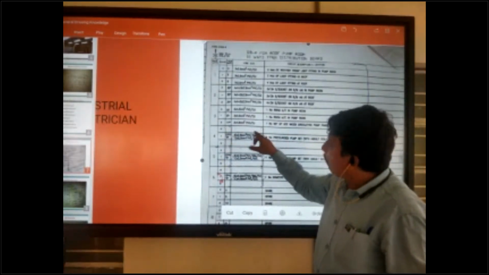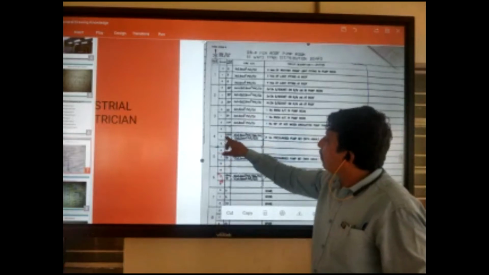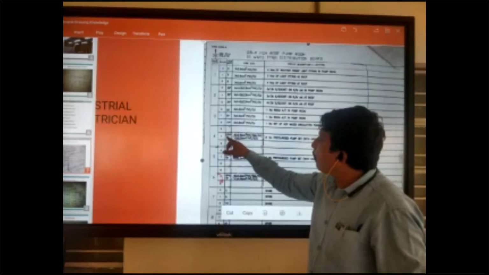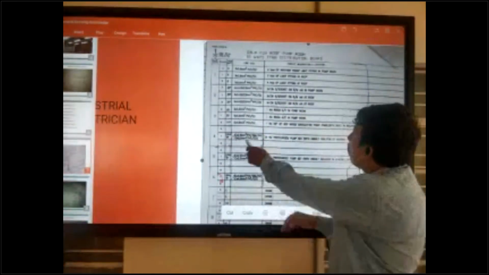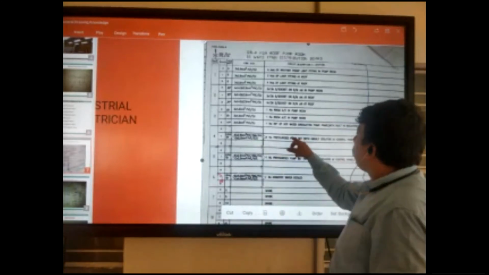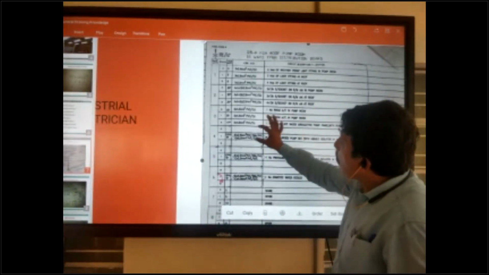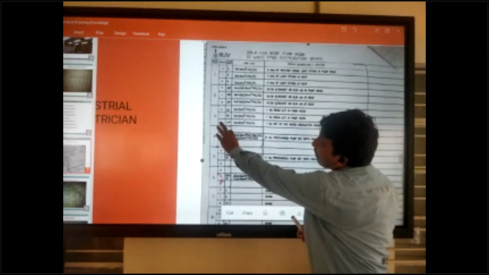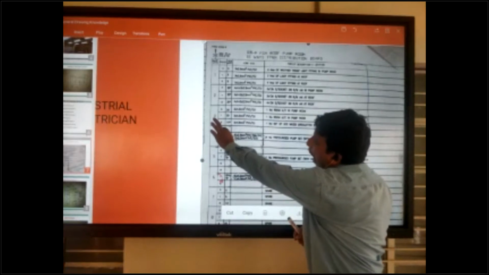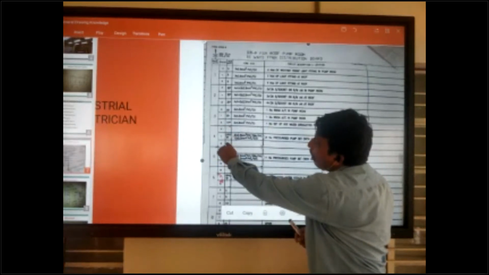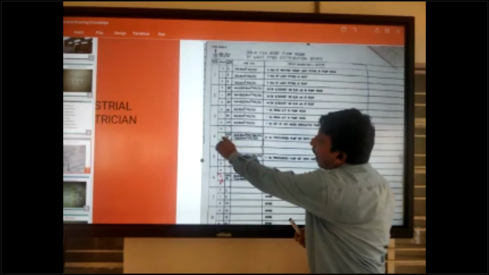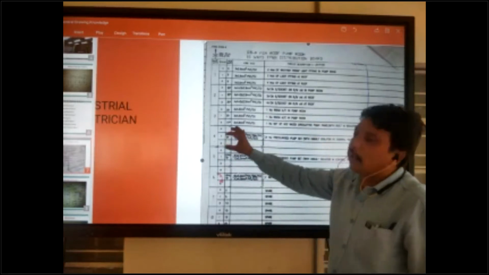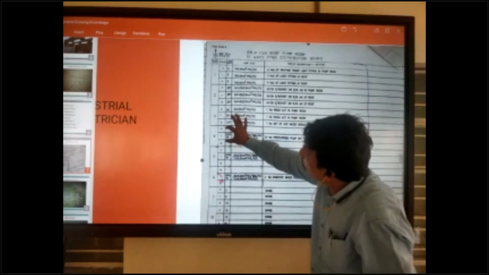R, nothing written. B, nothing written. Y, 10 ampere TP. TP means triple pole. I already told you, TP means triple pole or 3-phase. So your equipment load area has 3-phase equipment, so we can use 3-phase TP. If it is written only in the center, not in R phase, not in Y phase, not in blue phase, only in the center area in Y phase, that means this is a 3-phase MCB. We can install a 3-phase MCB.